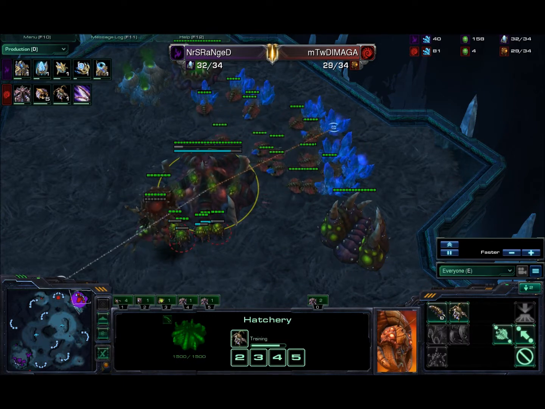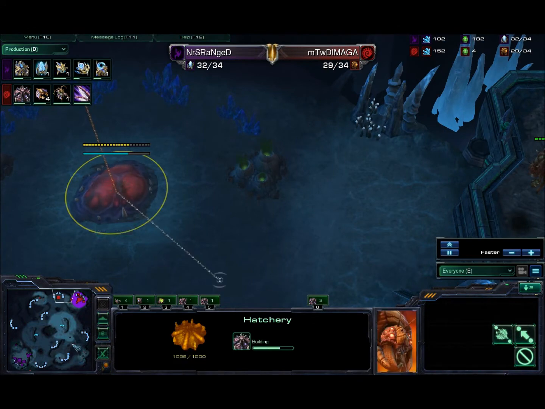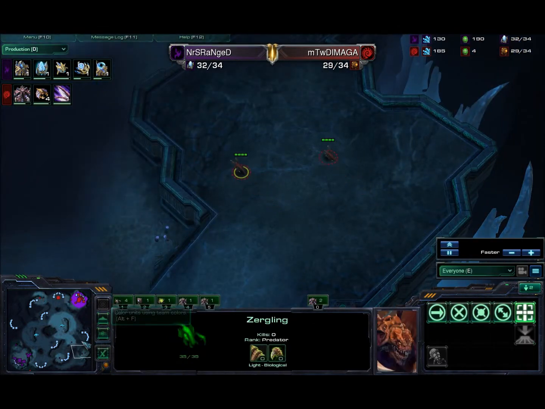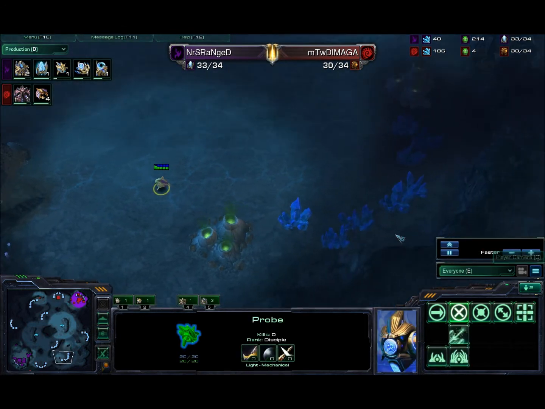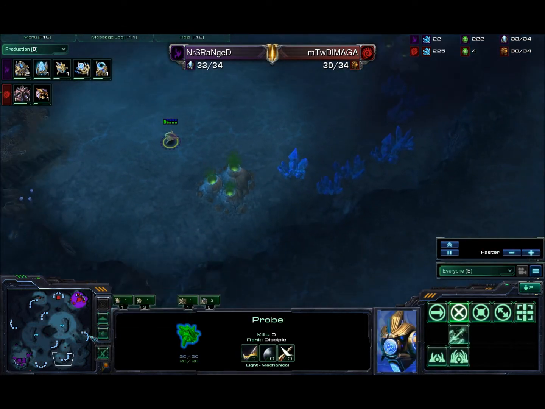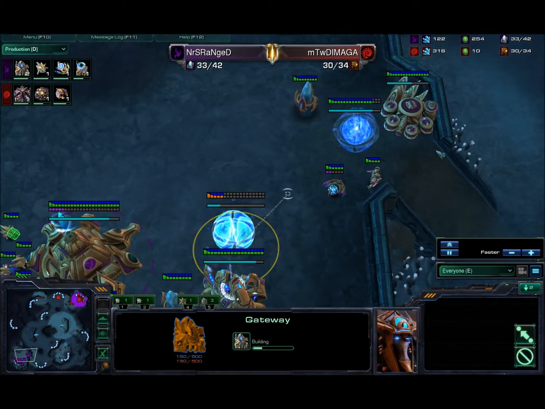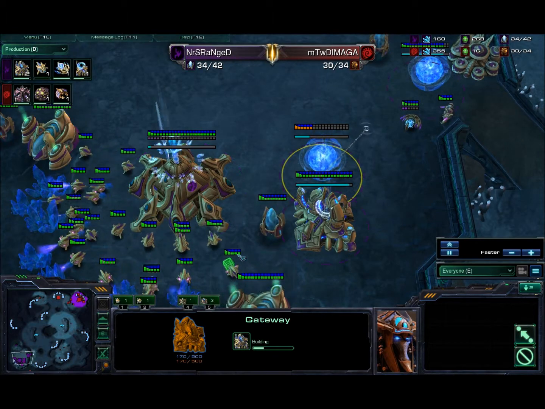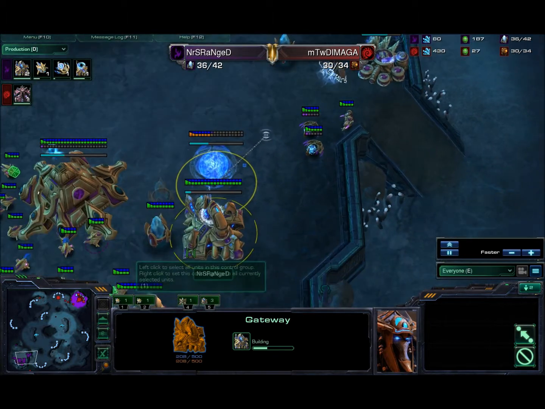We do have another queen on the way, so I expect one of these queens to transfer over to the natural fairly soon. Zerglings just scouting around, seeing what's up. Pretty basic. We have a probe down here, so we'll have to see if that decides to do anything later in this game. And we have a 3-gate, so yep, probably a 3-gate expand. That's my guess. We'll just have to wait and see if he decides to have another tech building or